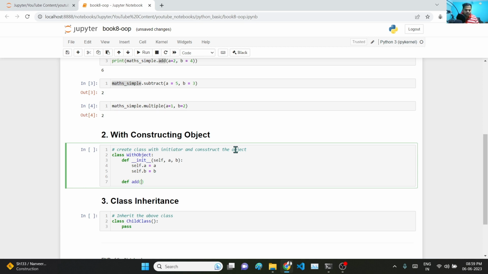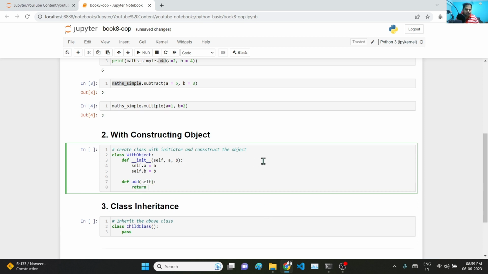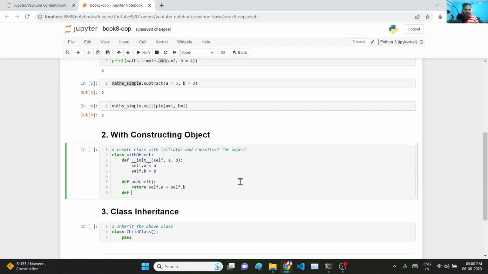So def add, here you don't have to define a and b, just type in self and then return. Here you have to mention self.a plus self.b. Do not give a and b because you are already defining it over here. So self.a and self.b, and if you give a and b, then a and b need to be defined here again, otherwise it will throw an error. So since here you are using self, you have to pass self.a and self.b. Then def subtract self,